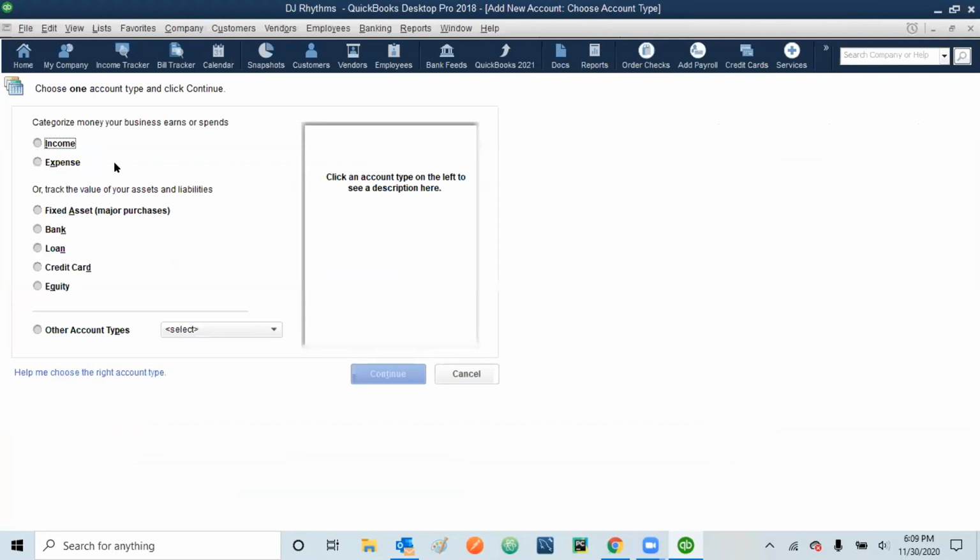So electricity, once I use it, it becomes my expense. I have to pay my bill. So it will be an expense account. And as soon as I select expenses, it shows advertising, office supplies, insurance, legal fees, charitable contribution, rent, and others. So you can select the expense, whatever type of expense you are doing, and then click continue. Let's click more. It will show you more, but that will be outside of the screen.